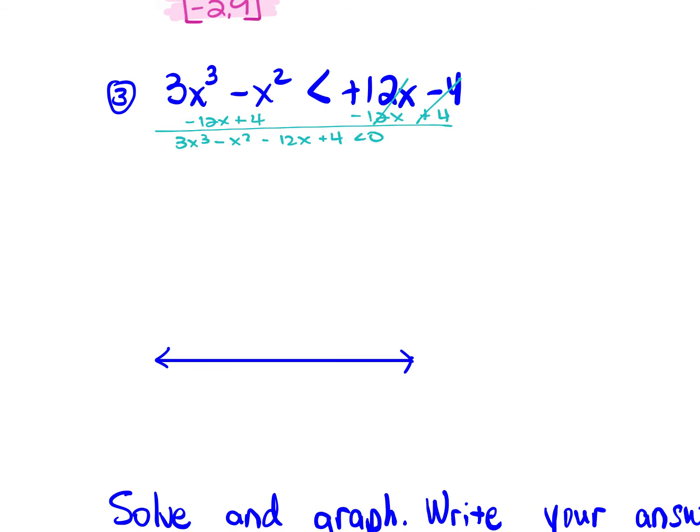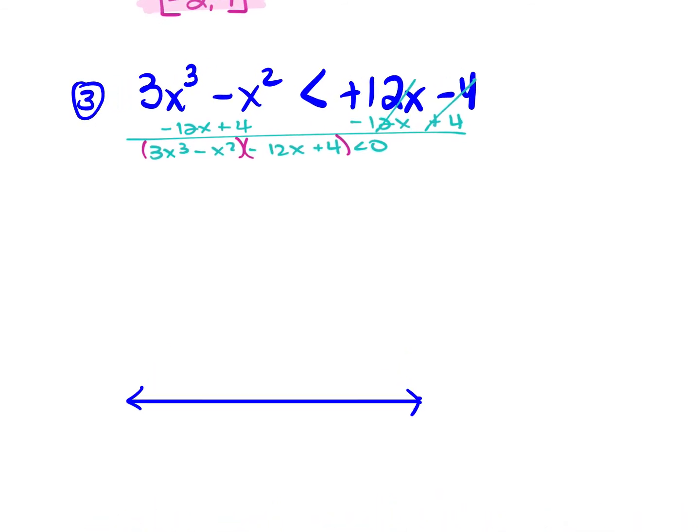You have 4 terms now on that left side, so factor by grouping. Between the 3x cubed and the negative x squared, what's your greatest common factor? X squared. Between the negative 12x and the 4, what's your greatest common factor? Negative 4. So this is going to give us x squared times 3x minus 1 minus 4 times 3x minus 1